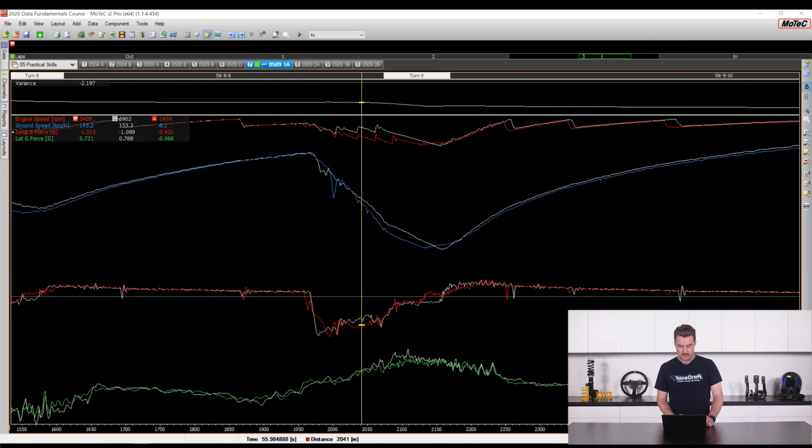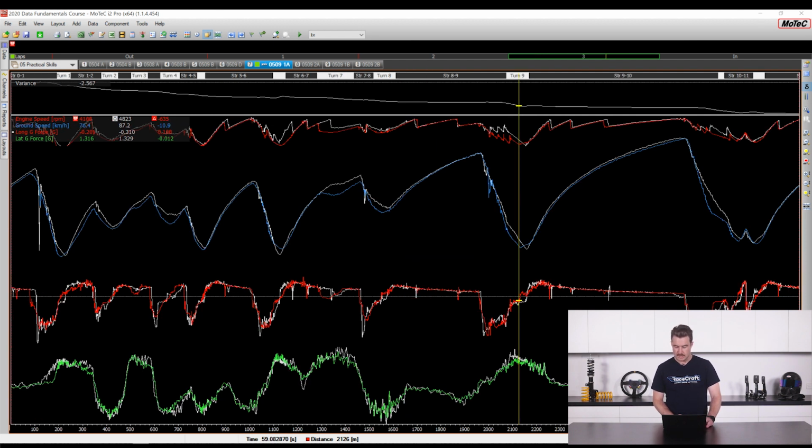Then you can see this divergence here in the longitudinal G where the pro is beginning to already lift off the brake pedal, and that's really where you see this difference in where the longitudinal force drops off. There's a constant bleed off of the pressure here in the white line, and that's really where this divergence happens in the speed trace at the same time. And once that happens, it really just continues all the way to the apex of the corner.